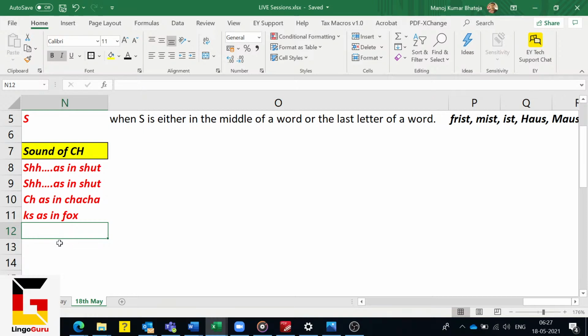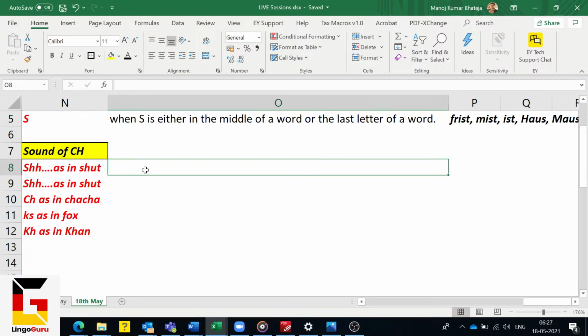Then we have the fifth sound, which is generated as kh. Kh sound, as in Khan. There are five different sounds generated when ch comes together. How? In what possible ways? So, when ch